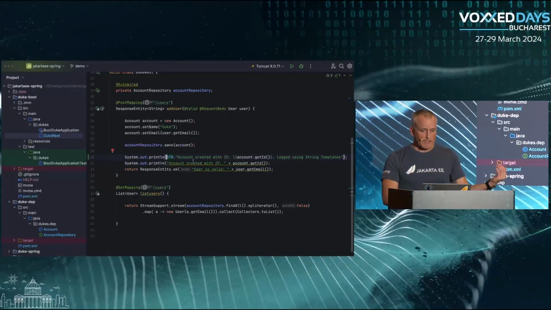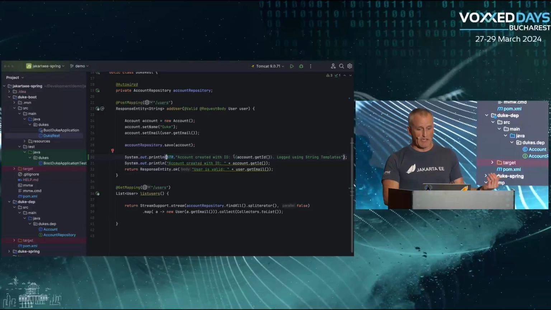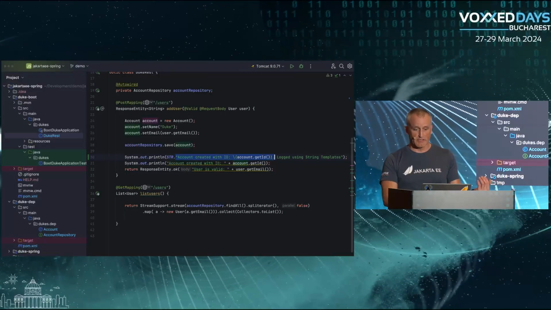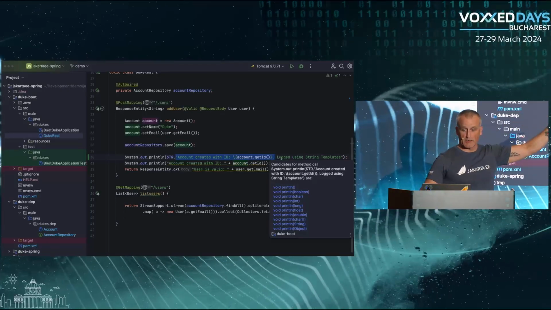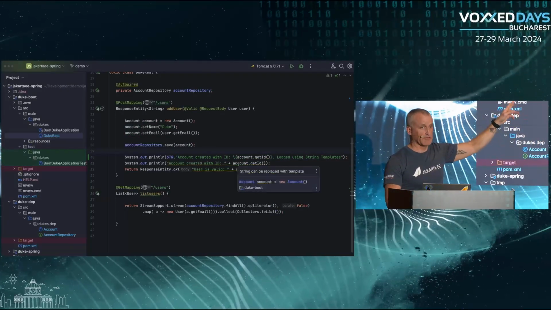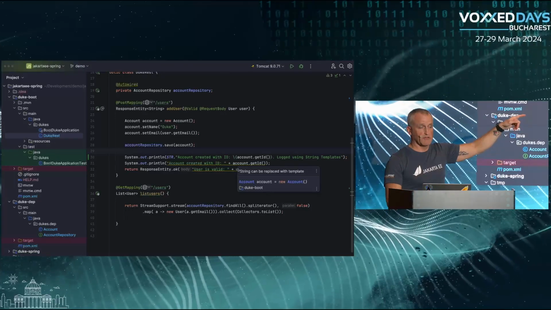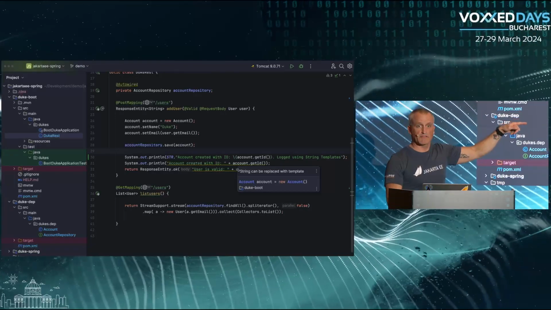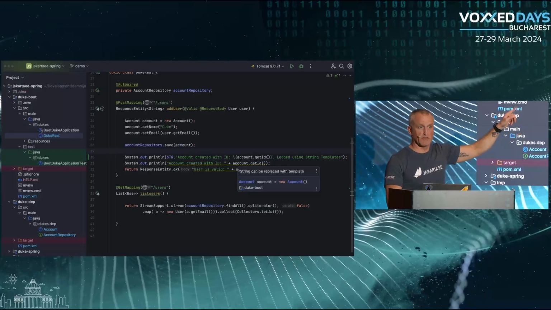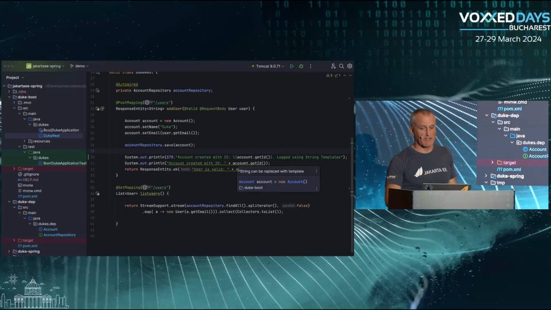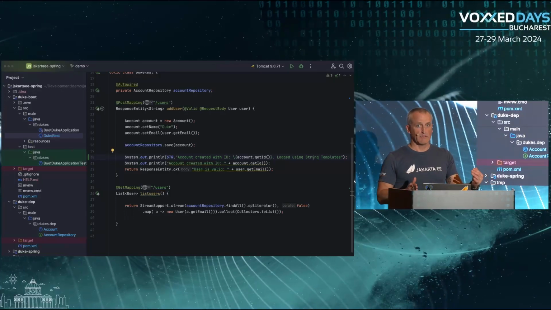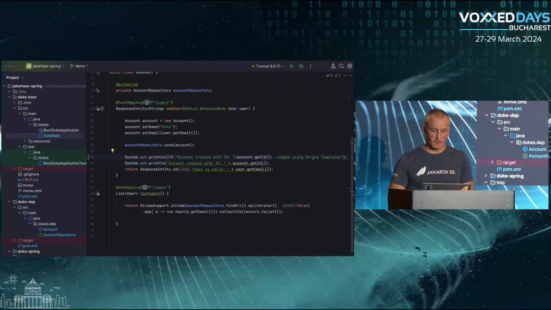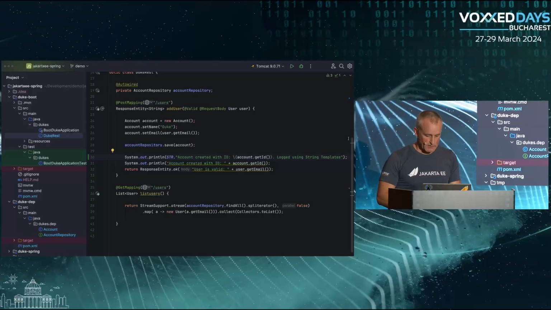So it says account created with ID, and here I can use this string template to just put the stuff I want to have inside the string in these curly braces. So you don't have to use this printf style where you put percentage 1, 2, and 3 and the parameters at the end. You just put them wherever you want them in the string, and then it gets merged for you. So if I run this one,